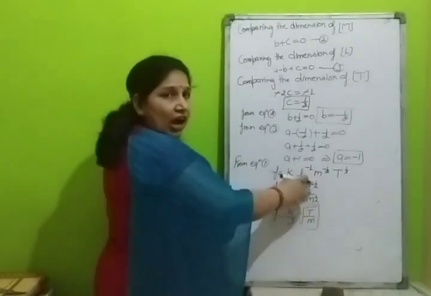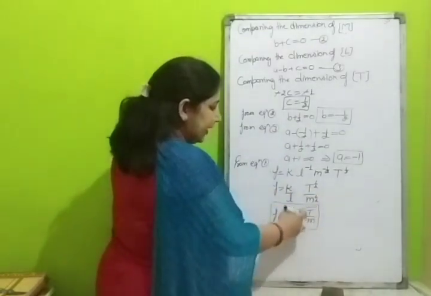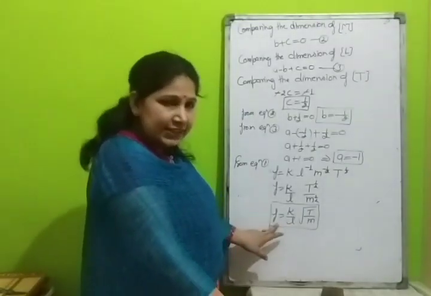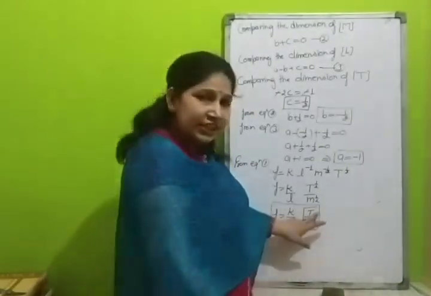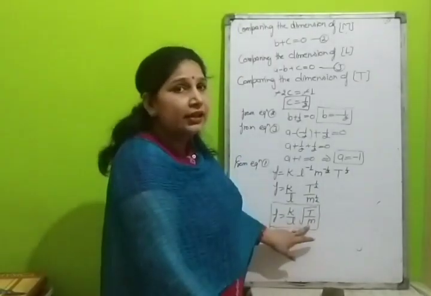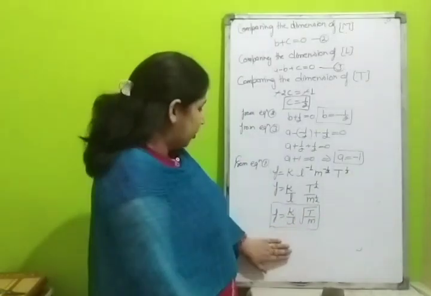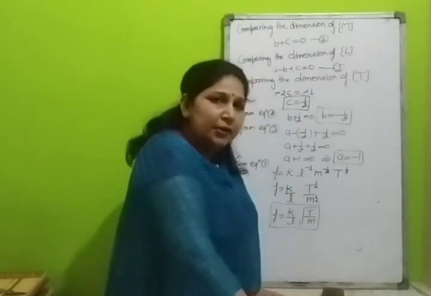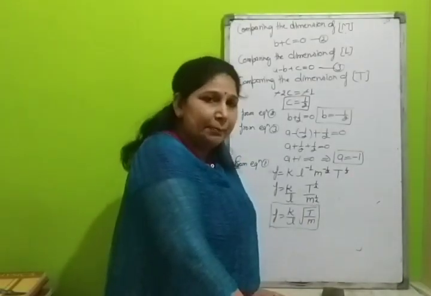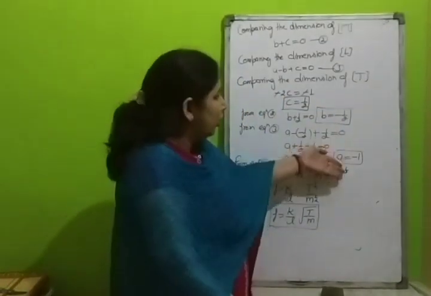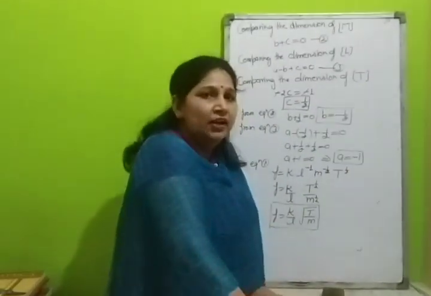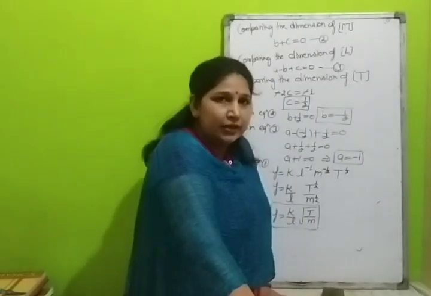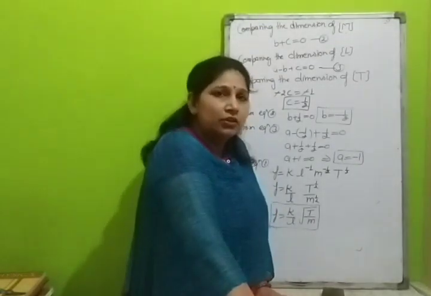As both terms have half power, both terms should be inside the square root. This is the required relation among the frequency of a stretched string, length of string, tension in string and mass per unit length of string. This is the required relation. In this way we can find any relation between any physical terms. If they depend, there will be some amount of dimension. If they do not depend, then we will find these dimensions as 0. That's all. Do practice, then you can find the other results.